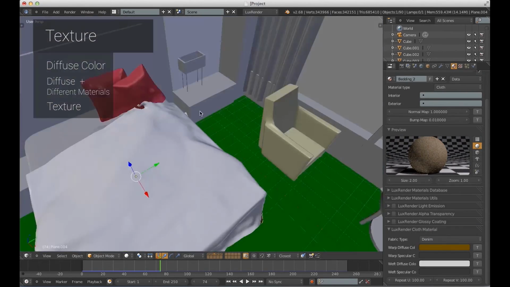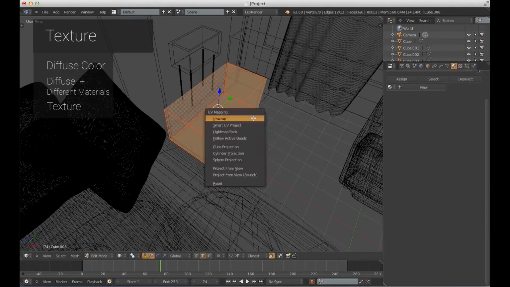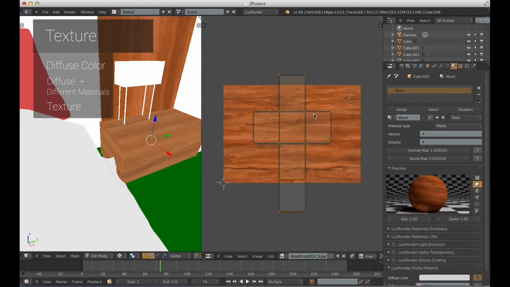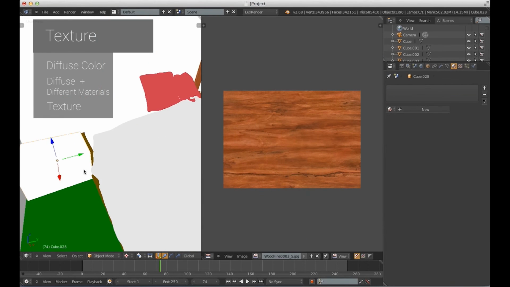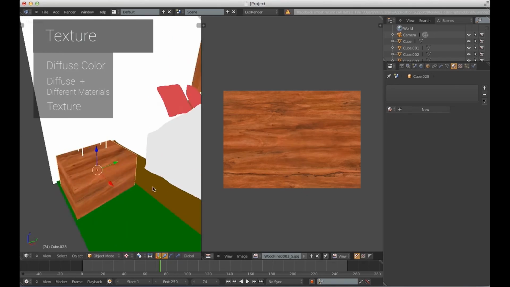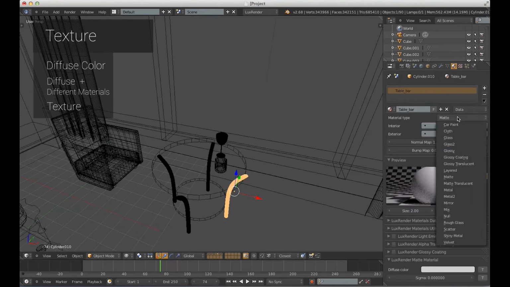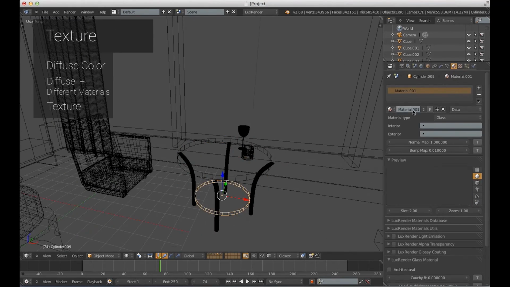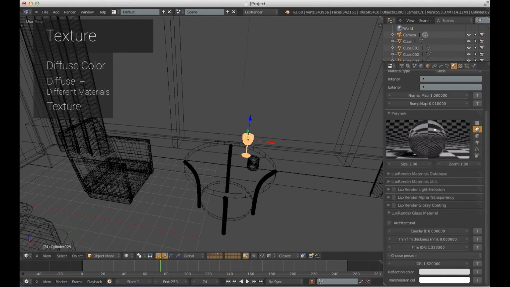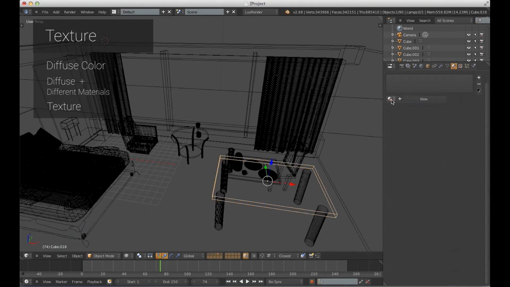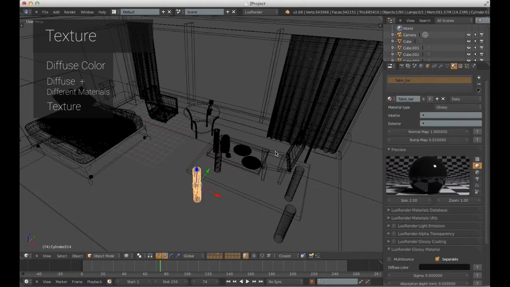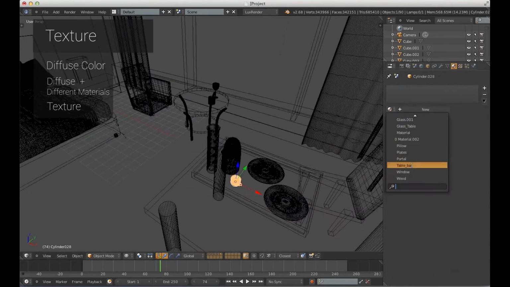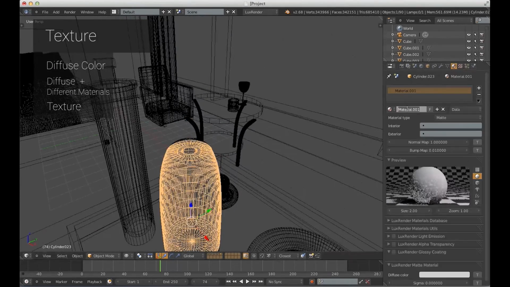So there's not really much detail added to the textures as you might think I could have done. But it does its job perfectly. I didn't think I needed to put in much more detail, unless I wanted to do something more. But for creating this type of scene, I thought just adding a diffuse color was just fine. So now I'm adding a gloss material and glass materials to the plates,